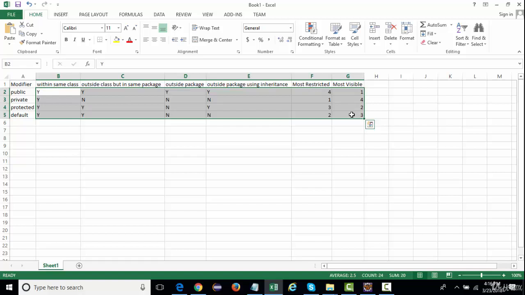Most of the time people get stuck here when working on live projects, when they want to access some utilities from a different package and they are private, protected, or public. If we are unable to access those, we look at this matrix and understand why it is not accessible, or how we can access it with the help of inheritance or polymorphism, by creating a polymorphic reference. These are the things which will help us a lot.